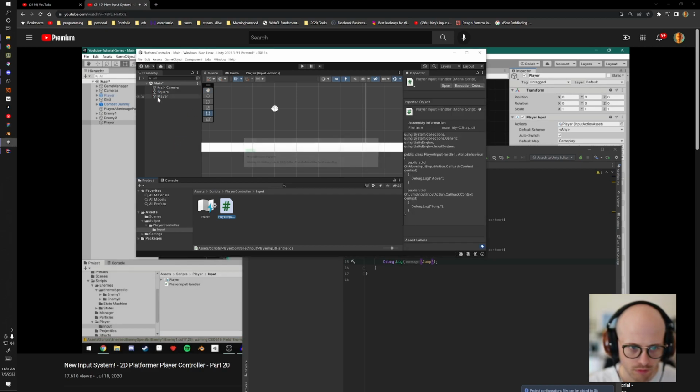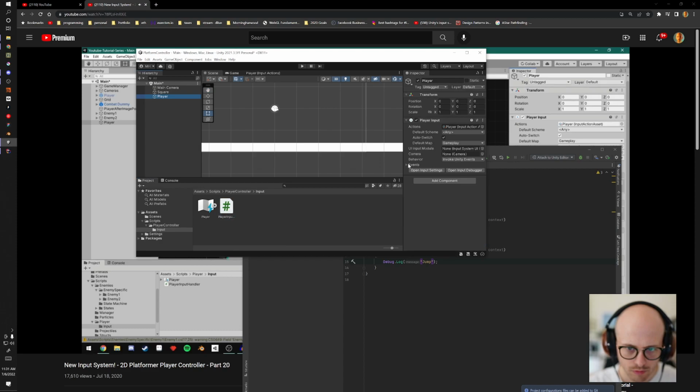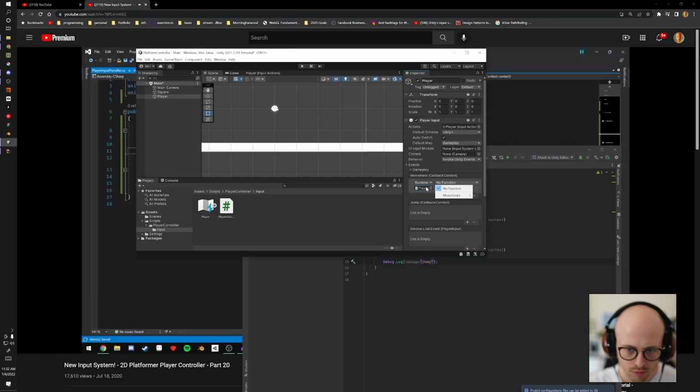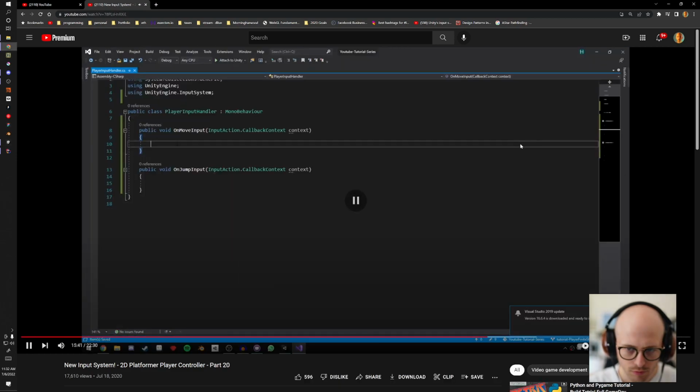For the jump event, we can go ahead and push the plus sign, drag in our player input handler again, go to functions, say player input handler, and on jump input. So now if we go back to code, just to demonstrate this, let's put a debug statement in each function